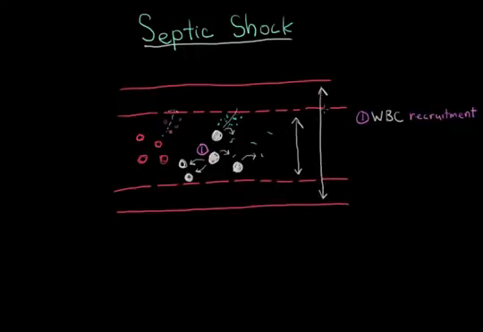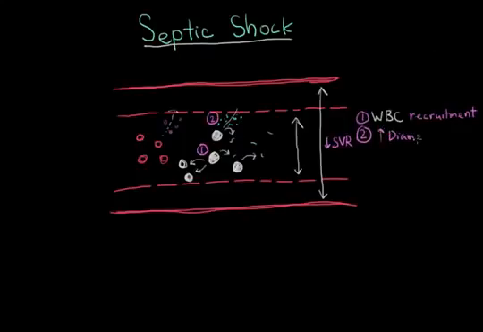This causes a localized decrease in vascular resistance, systemic vascular resistance. The blood, all of the blood contents, have more space to move around, and there's less resistance that they're bumping up against because of this widened diameter of the blood vessel. So there's increased diameter of the vascular space. Now, of course, this makes sense. If this is happening locally, blood slows down in an area where there is an infection.